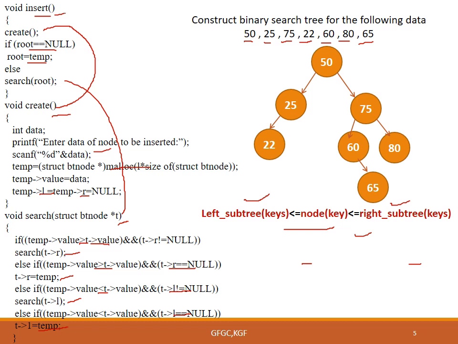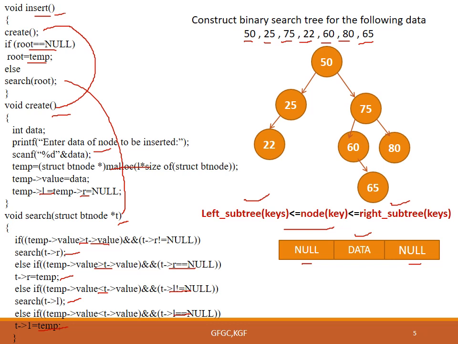Now, when the choice is 1, the insert function will be invoked, and the first statement in the insert function is create. So the control is transferred to the create function. In the create function, we have to allocate memory dynamically for the node where the data can be stored in the middle, and to the left and right of the node it is filled with null values. After completing this data accepting, it will go back to the insert function.